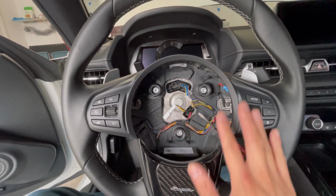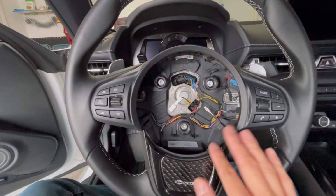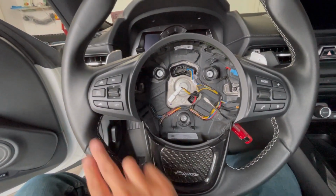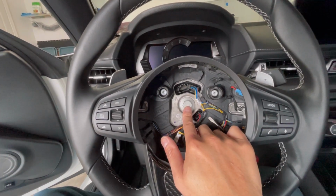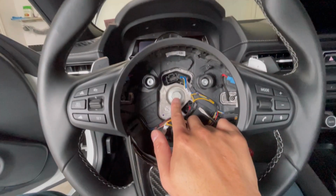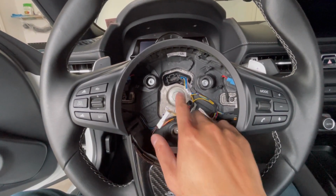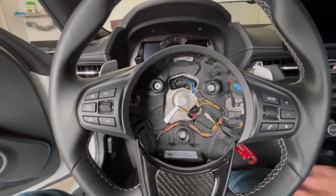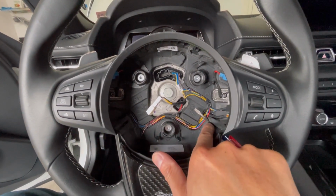And if you are going to replace your steering wheel, this right here stays constant basically, and this piece right here, you're just going to replace the actual steering wheel itself. You can take that nut right there and remove it. My buddy's already done it to his A90, however he said that this right here is a very soft metal, but I digress. So right here where you see that protruding through, that's what it looks like from the inside,